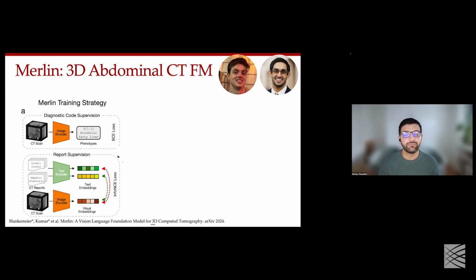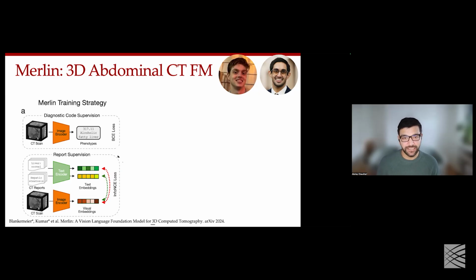We had to make a lot of modifications to how we make the model learn with these radiology reports, because unlike chest X-rays that have maybe 100 tokens, CT reports are really long-form because they look for a lot of different findings. They can have anywhere up to 500-600 tokens on average, with some scans having around 1,000-plus tokens. So we had to come up with different strategies to split our report into bite-sized components to allow this model to converge.